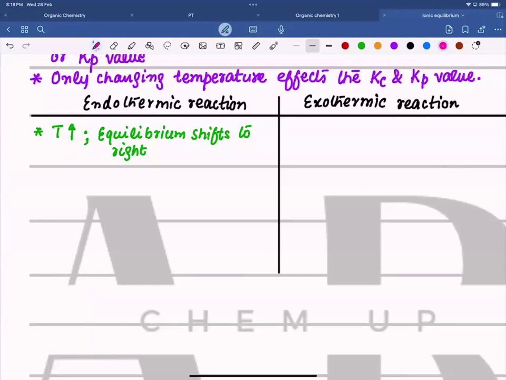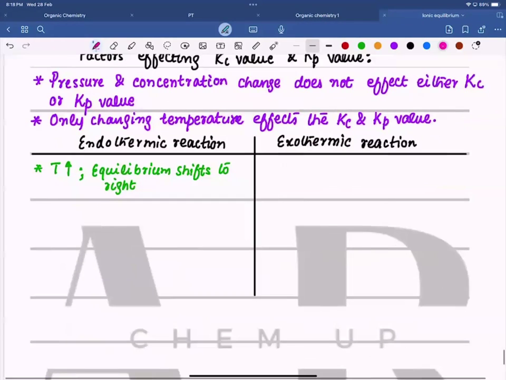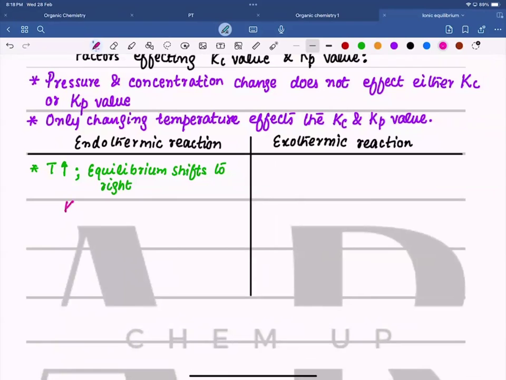So if you recall the Kc or Kp expression, the products are in the numerator and the reactants are in the denominator. So if the numerator is increasing, then the Kc and Kp value increase. So the Kc or Kp value increases. And for an endothermic reaction, if I lower the temperature, then obviously equilibrium shifts towards